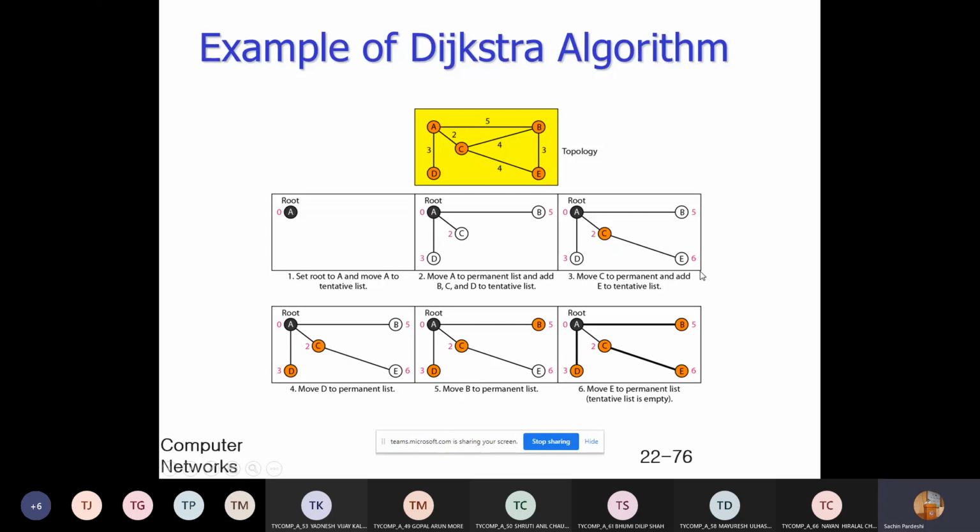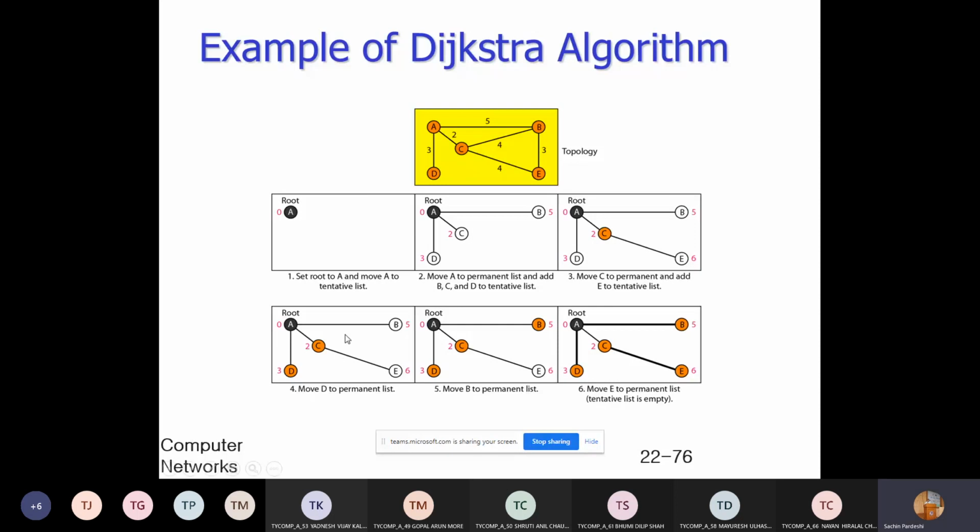Now again we compare all the distances. Here it is 5, here it is 6 and 3. Which one is less? 3 is less, so this node D is added into the permanent list. Now what is the next step? We identify the node having the least cost.